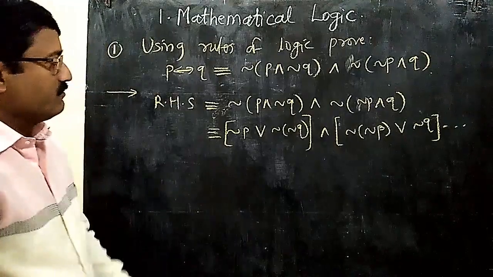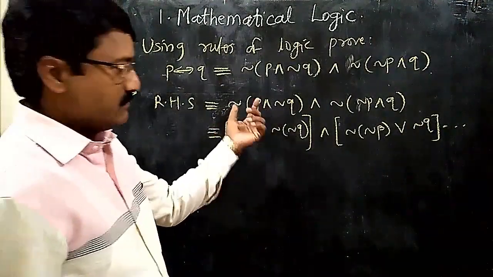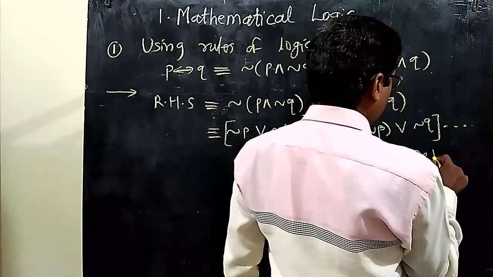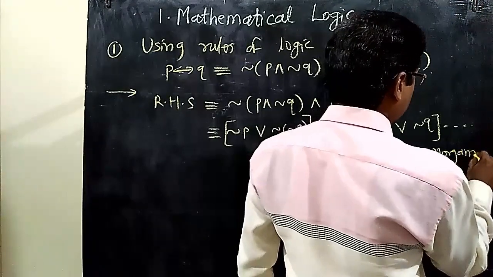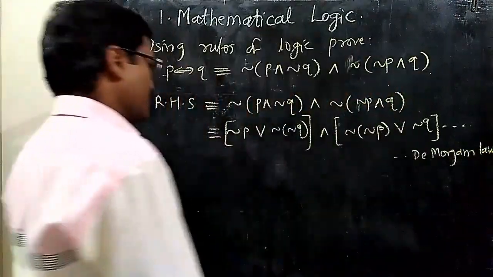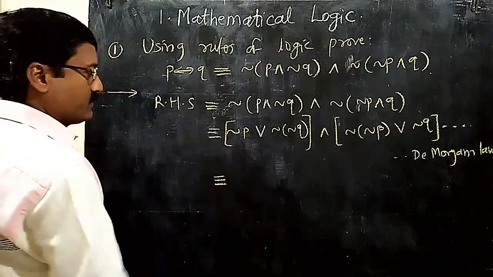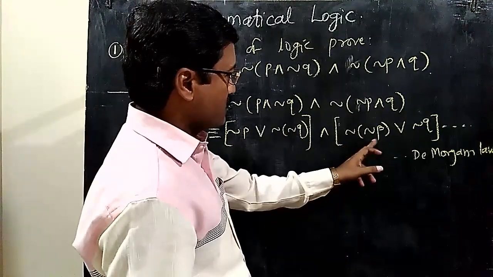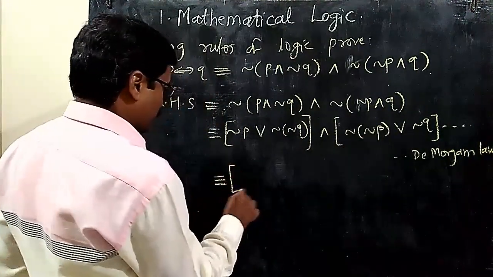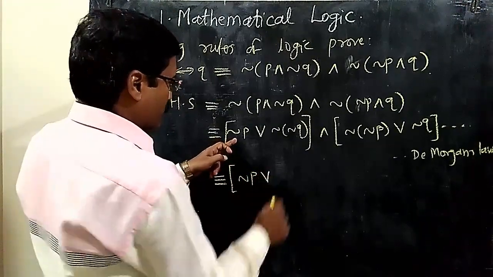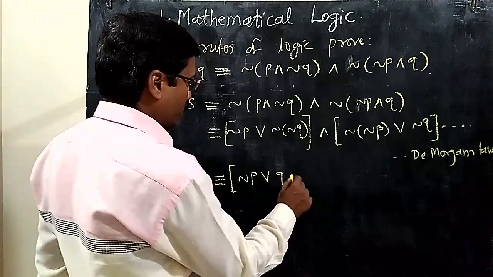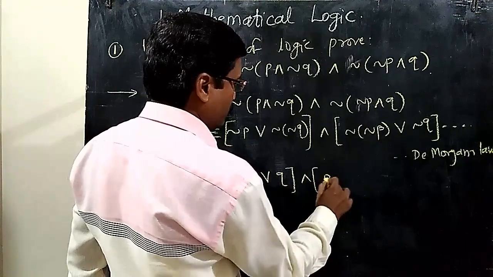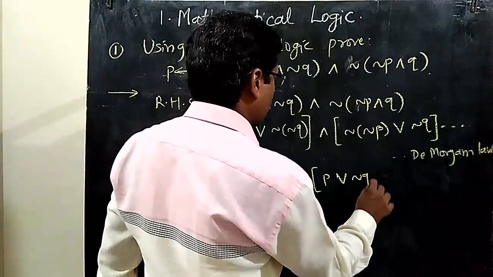Here what we have done, we have applied De Morgan's laws. So the justification for this step is De Morgan's laws. Now, next step. Here, double negation gives us that statement itself. Here also double negation, so we get P. So we get here the negation of P, or by involution theorem or law, we get it is equivalent to Q. And here by involution we get P or negation Q.